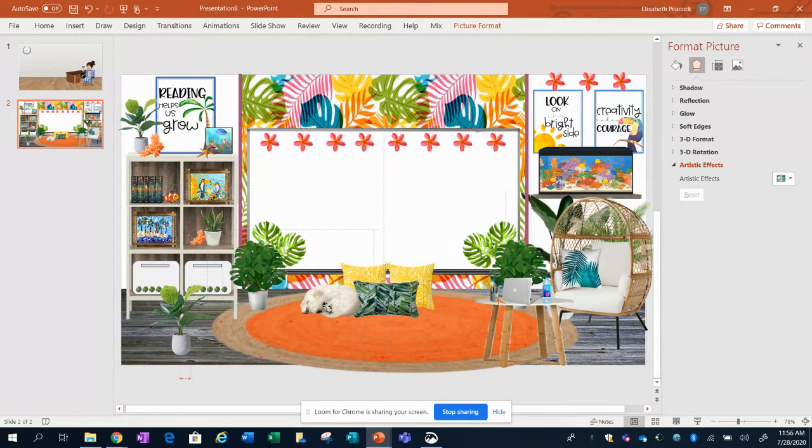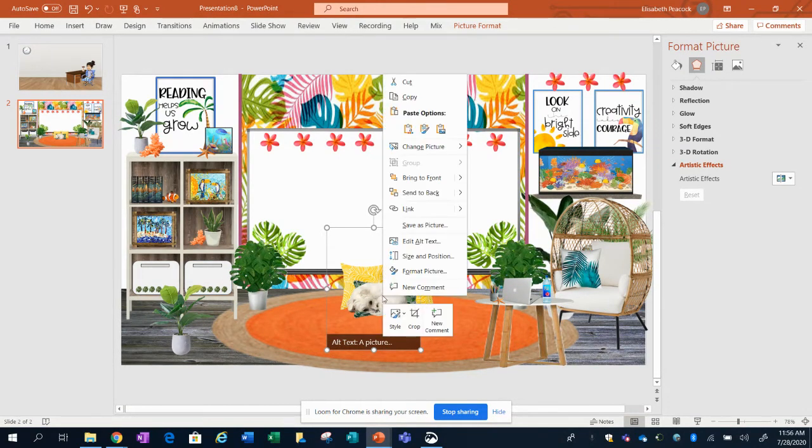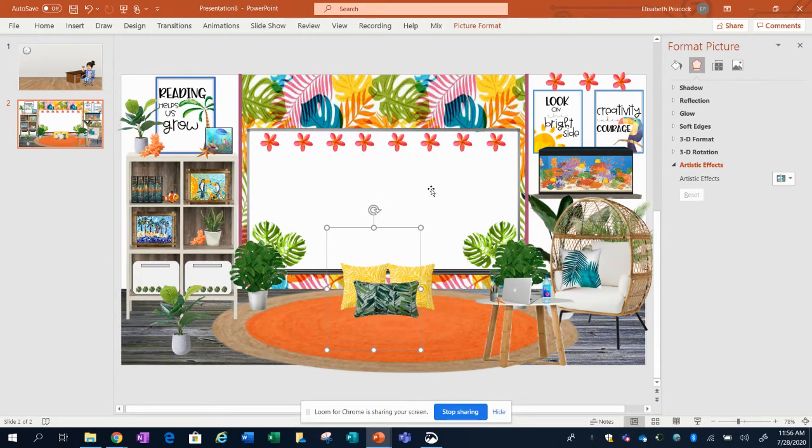And maybe I want her to be behind these cushions. I want her head just peeking out from behind the cushions. I don't want her in front of the cushions. So again, I'm just going to right click and choose that center all the way in the back. I'm going to undo that. That center behind the actual